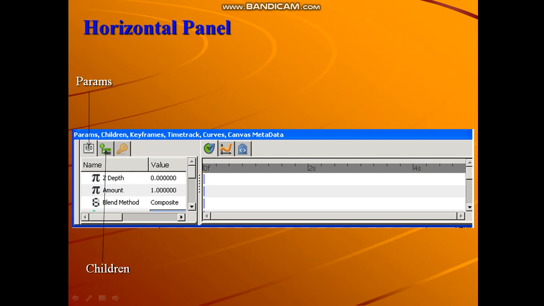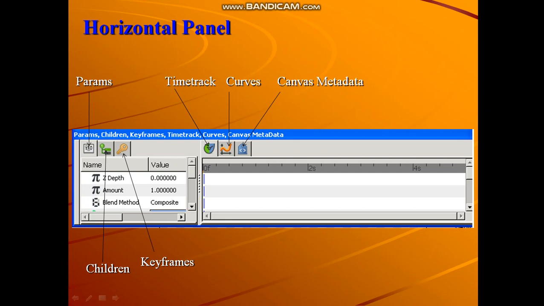Next is the children panel. Then the keyframe panel is given. In the same way, the time track panel is there. Then the curves panel is there. And the last panel is canvas metadata. So all these panels are available in the horizontal panel group.